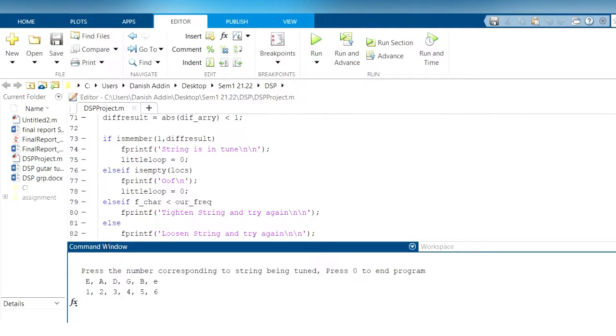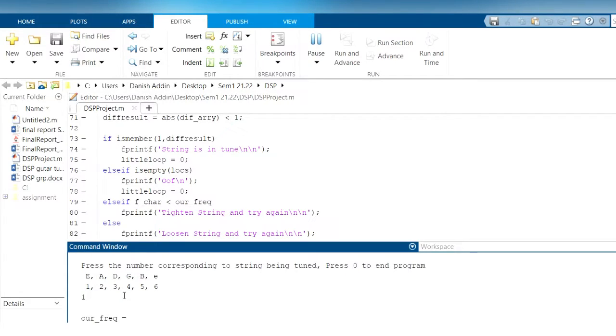First of all, we will tune the E string, which is represented by number 1. We just click number 1, press enter, and then it will tell us the frequency of the string, where it should be 82.5 Hz. To start recording, we just press the enter button, and then we pluck the string.